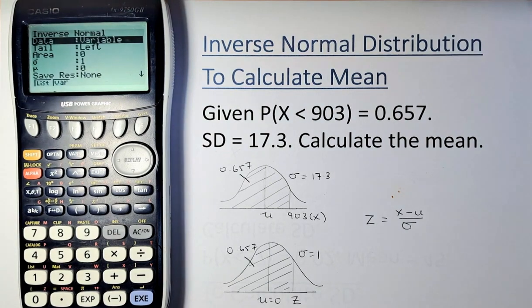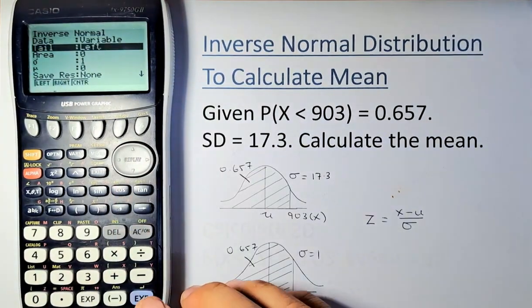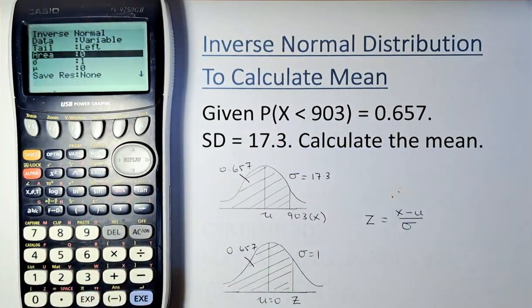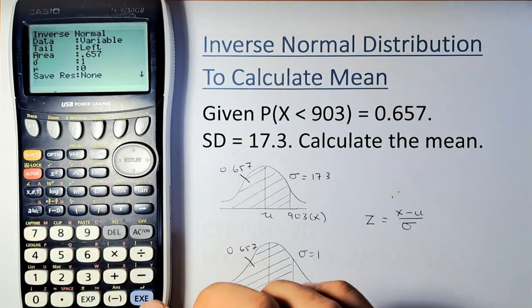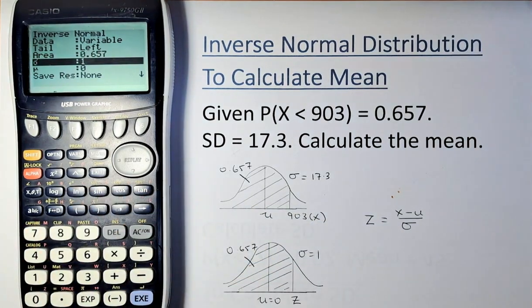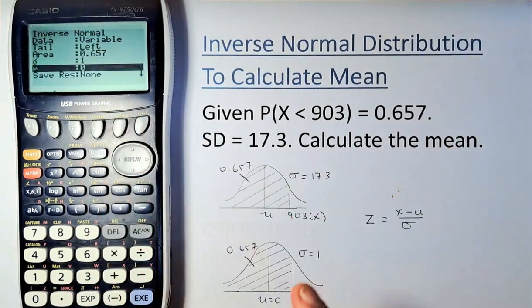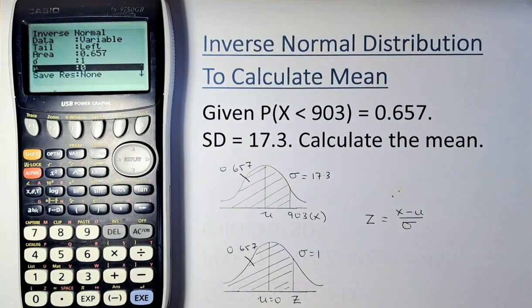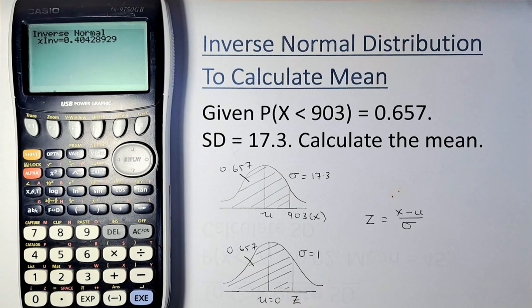Now we're going to input the data. The tail is on the left because, as you see on the graph, it is on the left. So it's already left, and we're going to carry on. The area is given as 0.657, so we put 0.657 and press the execute button. The sigma, the standardized, is 1, so it's already given there. We carry on, and the nu, the mean, is 0, and we press the execute button. And last but not least, we press execute, and the answer is going to be z is